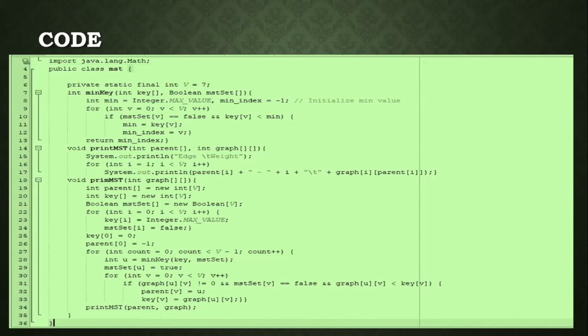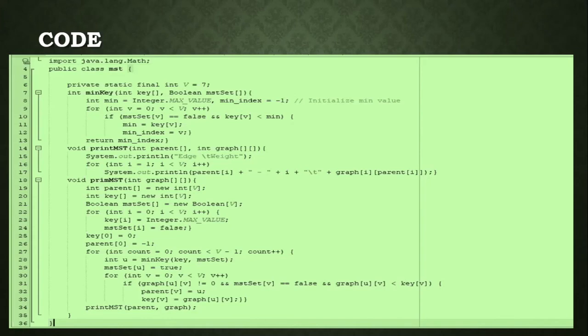Then, after that, you can see at last, if MST set u is true, for integer v equal to 0 and v less than V, that means we're going to scan all the vertices and see if there is an edge between one vertex and another. That means graph[u][v] does not belong to 0, so there has to be an edge between them, and MST set[v] equal false. That means the vertex should not be in the MST set,